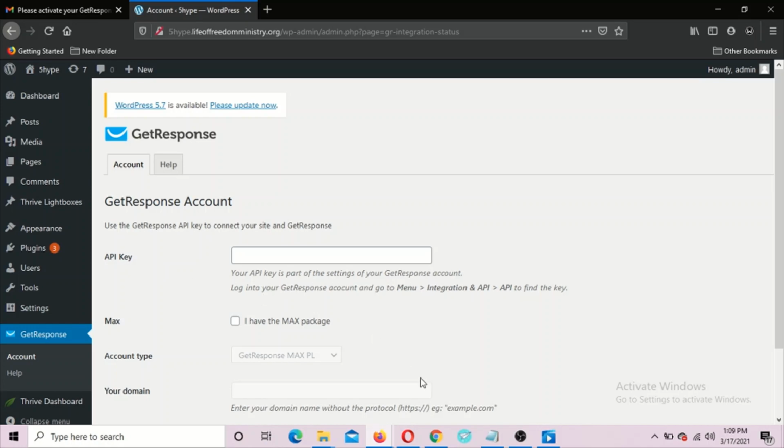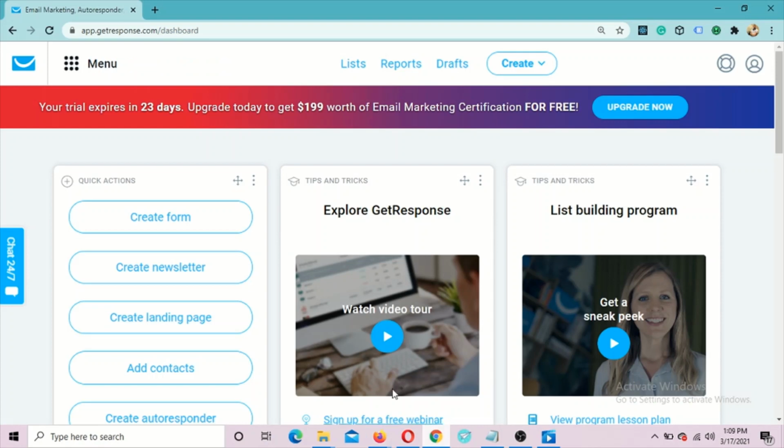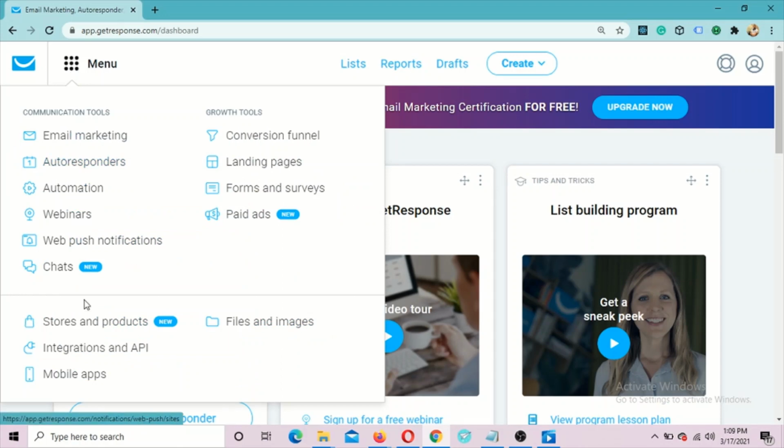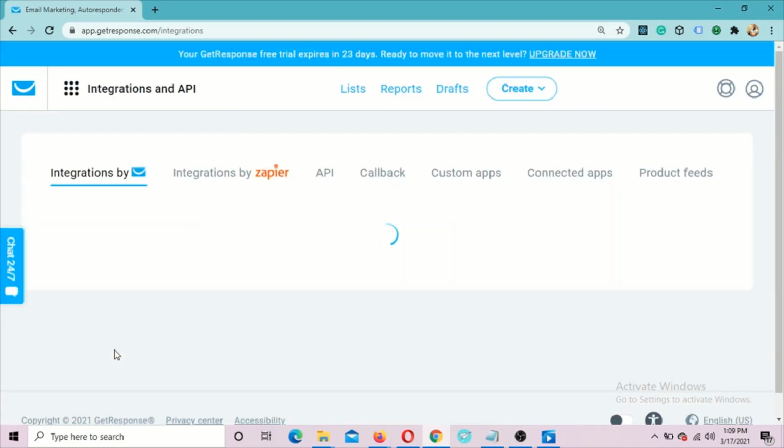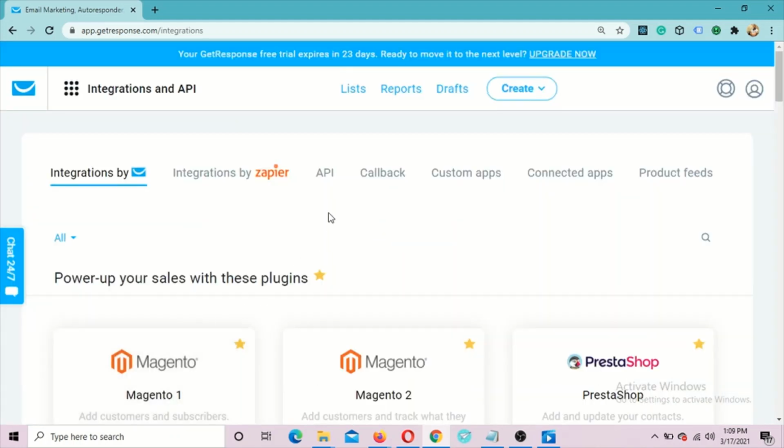Now let's do that. So I will go back to my GetResponse account. To get the API key, you click on menu, look down here, you see integrations and API. So click on it. So we will come to a page. So at this page, you will see the menu here, API callback, but what we need is API. So you click on API,